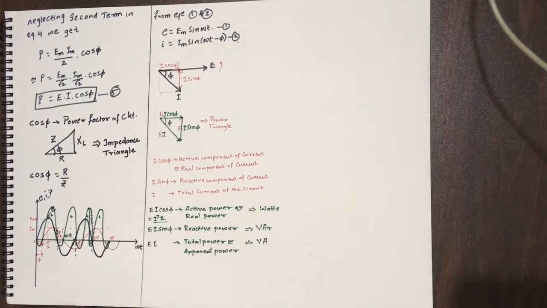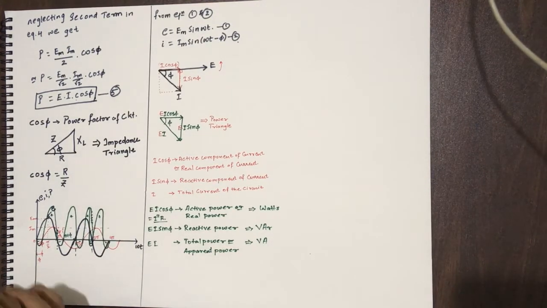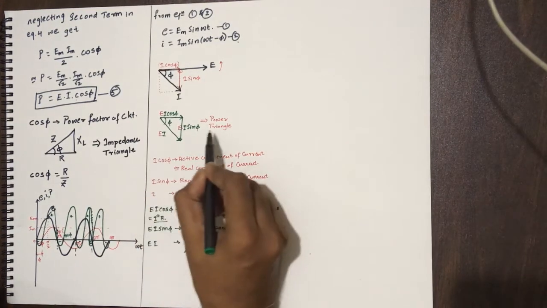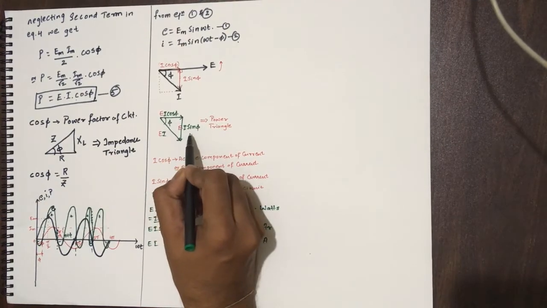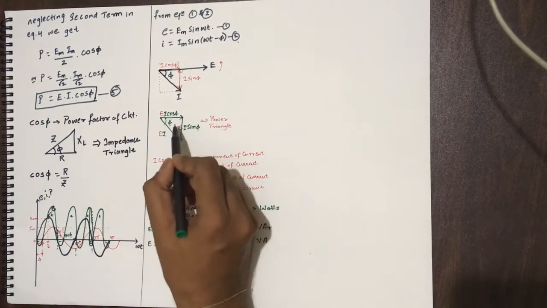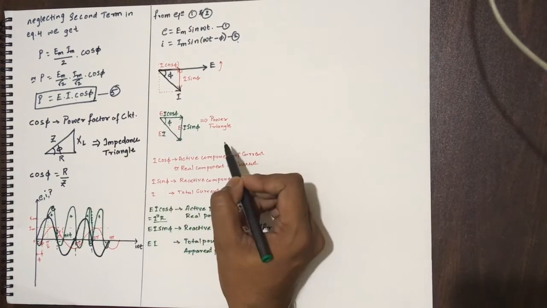Welcome back to Basic Electrical Engineering lectures. We are dealing with series RL circuit. In the previous lecture we have seen the various components of the current that contribute to power consumption and energy storage. Now when we have multiplied the voltages to each current, we got EI as hypotenuse, EI cos phi and EI sin phi. This triangle representing these three powers is called power triangle.